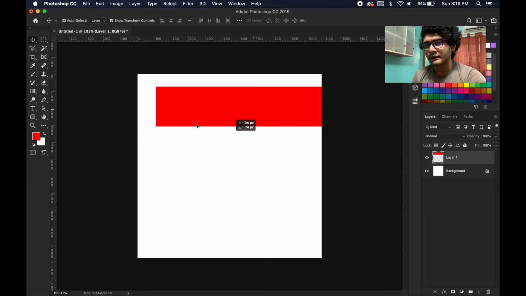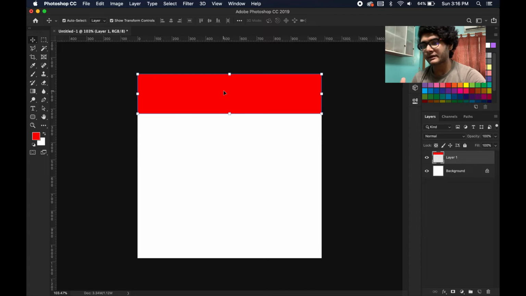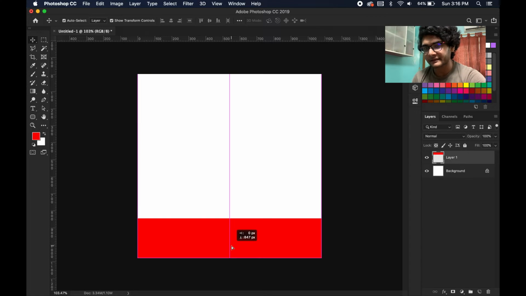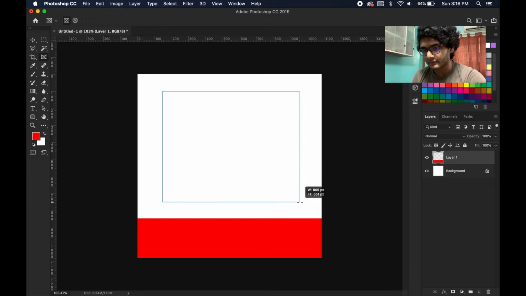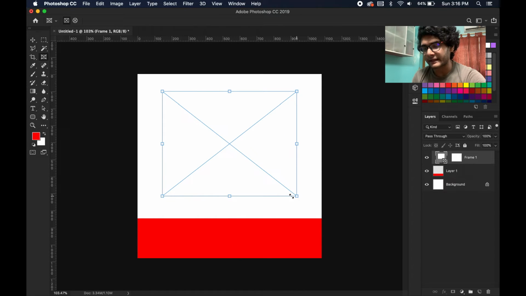Also, if you are making some infographic kind of poster, then you can make a small rectangle here, and here is the photo. For picking the photo, you actually have to make this kind of frame, to drag and drop the image, and here you will drag the image, and this is a simple kind of poster.